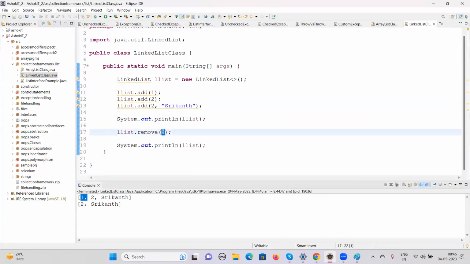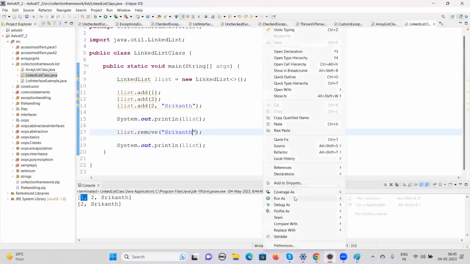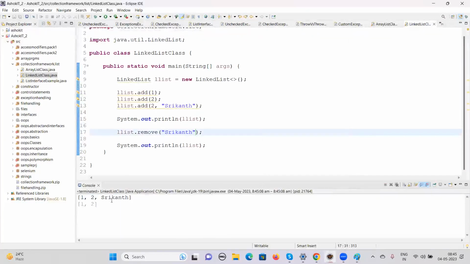So if you want to remove, as we discussed yesterday, right? If you use the object, index based and object also, if you say remove, it's going to remove that part. So next, we have